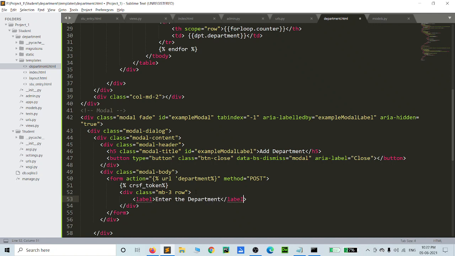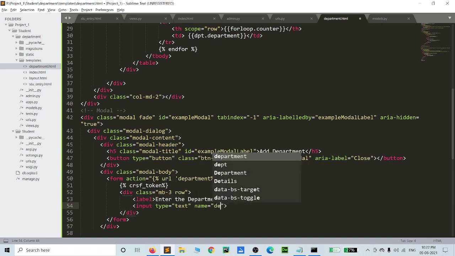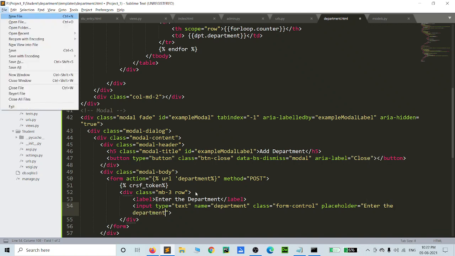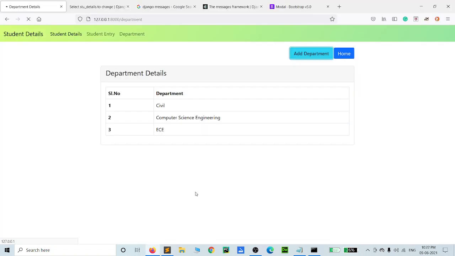Input type equal to text, name field equal to department, and the class is equal to form-control. We need a placeholder: enter the department. Then check our file.